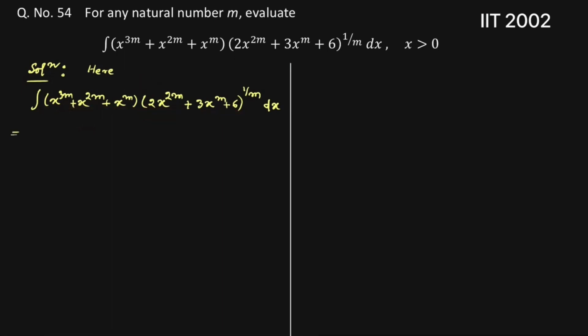Then this is equal to integration of x to power 3m plus x to power 2m plus x to power m divided by x, and we multiply with x to here, 2x to power 2m plus 3x to power m plus 6 to power 1 by m